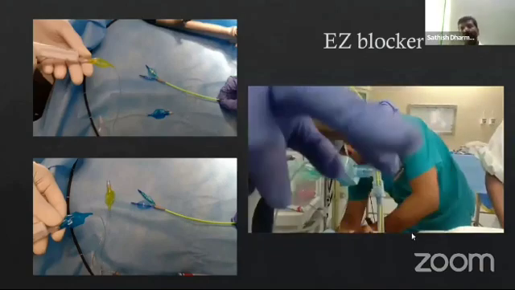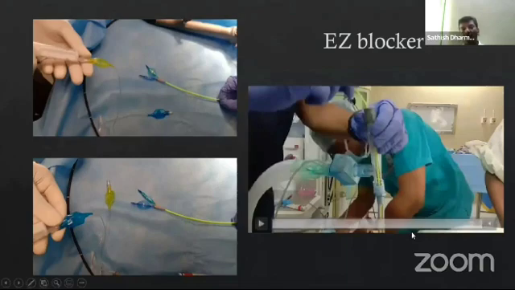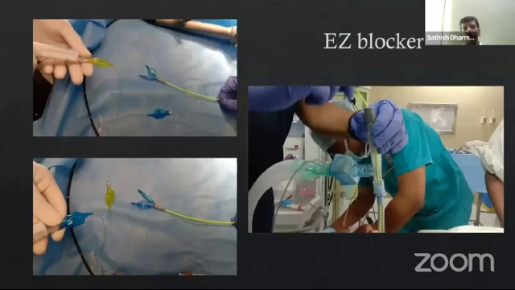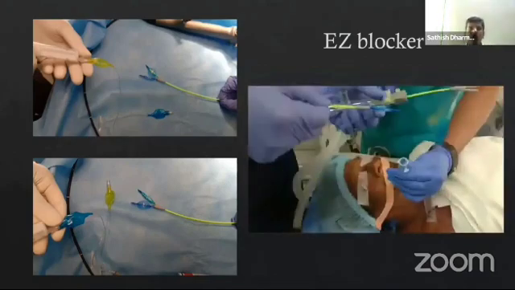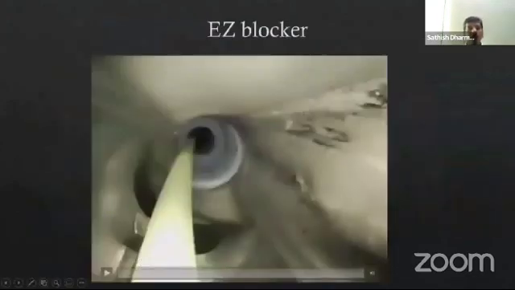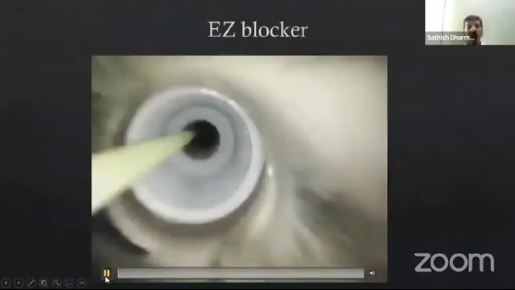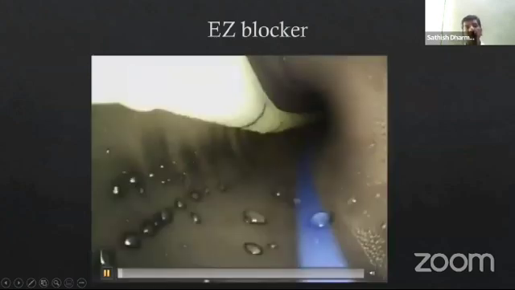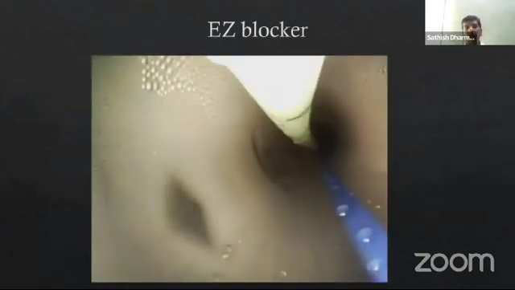So once you pass along with the bronchial blocker, it gives a resistance. So usually we push the blocker till we feel slight resistance. Then we pass a fiber optic bronchoscope with some lubrication. This is how the blocker is already pushed inside the endotracheal tube. Then the fiber optic bronchoscope is passed inside the tube, and we